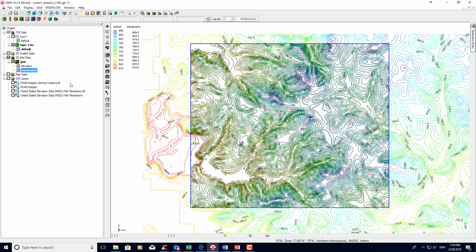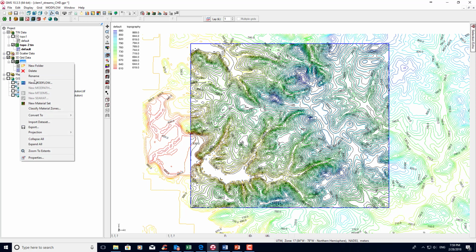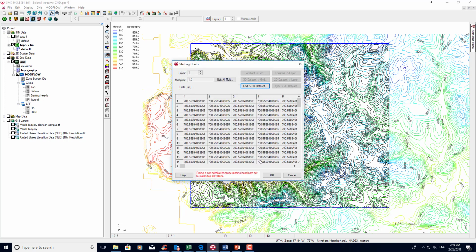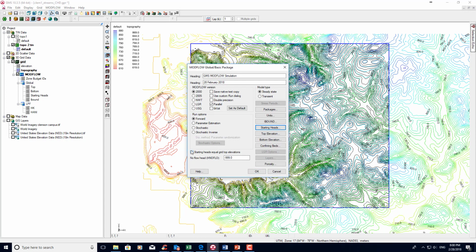All right, very good. Now let's set up the MODFLOW. So we're going to put in a new MODFLOW simulation, and let's just keep the defaults here. We'll check off the starting heads, and actually before we leave this, we're going to want the starting heads to be the topography. So here's what we have to do. We did that a little bit prematurely. So we uncheck this, and then we go to starting heads,